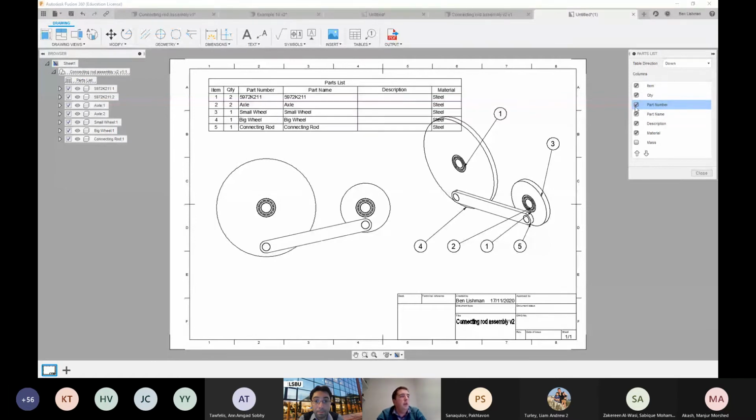Fusion is giving me the same things twice if I choose part number and part name. So I'll call that part name. But this is the kind of place you would want to play around and see what worked. The next thing that I'm going to do is to close this for now, and you'll see 2 of the